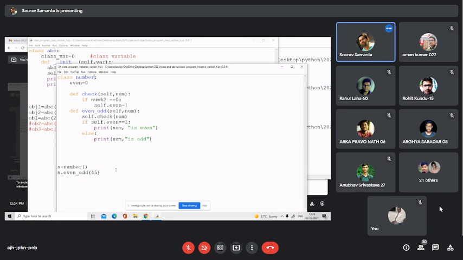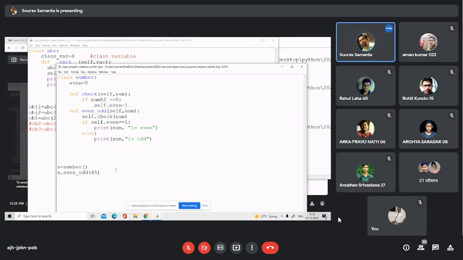So the default value is 0. When we are creating the object, the default value is 0. Whenever we assign a value, after checking the condition, if it is already odd, then it will be unchanged. If it is even, then it will be modified to 1.